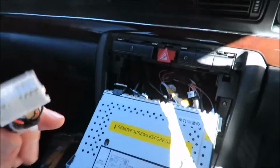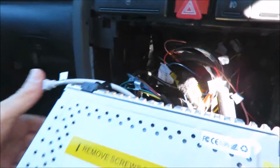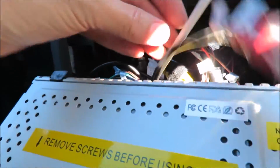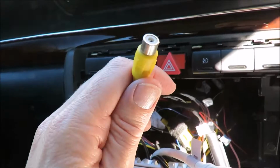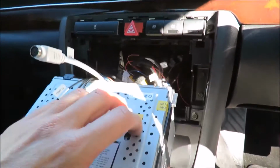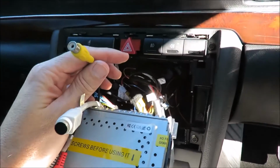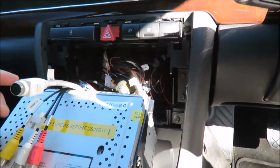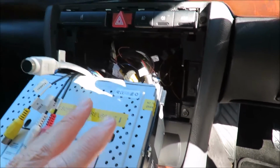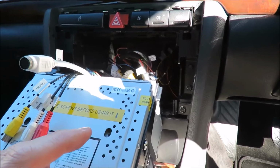I'm going to connect this cable to the head unit now. So I have my wire connected now, and here are the 3 wires I don't need, and here is the connector I do need, because of the fact that I have a system where I can actually see the video input on my DVR. I'm gonna hook this up. If you got a factory fitted unit on your car, and for some reason